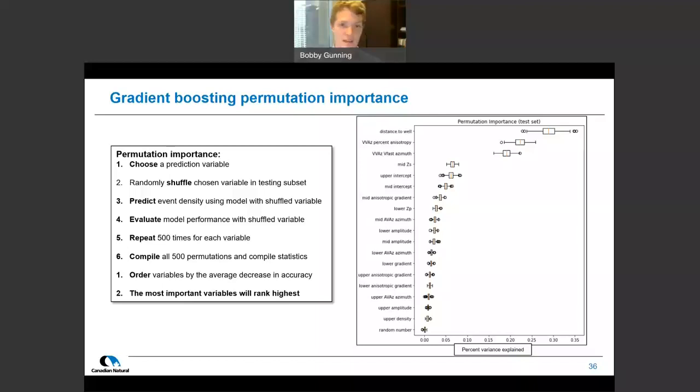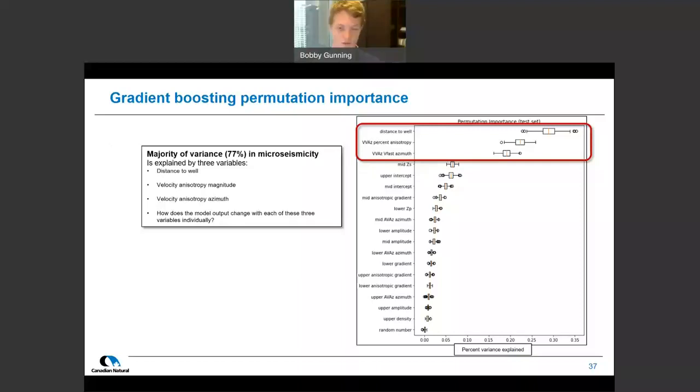But interestingly, the second and third most important variables are the VVAZ velocity anisotropy, both the percent and the azimuth of the anisotropy. And then everything else is kind of further down the hierarchy than that. In fact, the majority of the variance, 77% of the variance in this prediction is explained by only three variables: the distance to the well, the magnitude of velocity anisotropy, and the azimuth of velocity anisotropy. So we can kind of ignore everything else since roughly 80% of the variance is explained by only these three